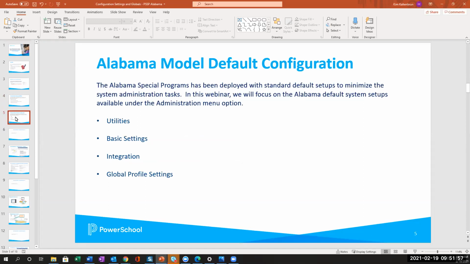It's also important to note that Alabama has been deployed with what is called a default configuration. And by that, I mean, we've talked about the Alabama model. The Alabama model, think of it kind of as a template. It is your Alabama special programs template. And when we deploy, you all get a copy of that template. And what that means is that you're all the same. And because you're all the same, we can do some default configurations when we roll it out,